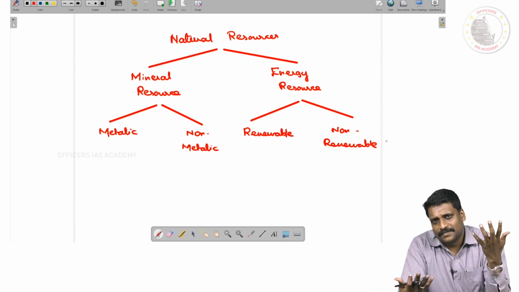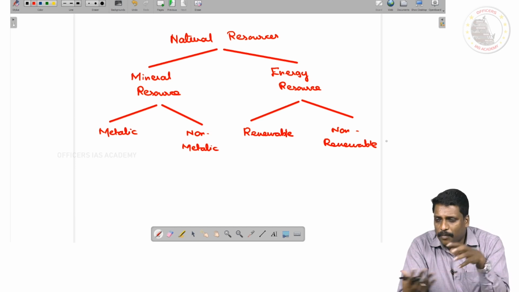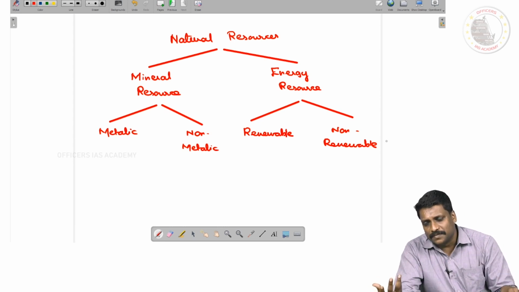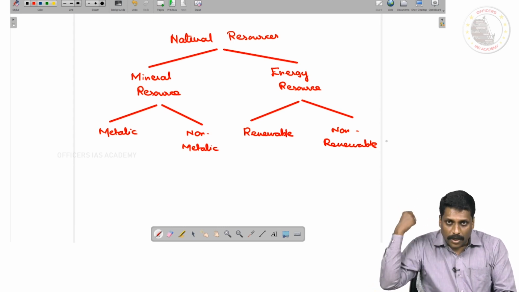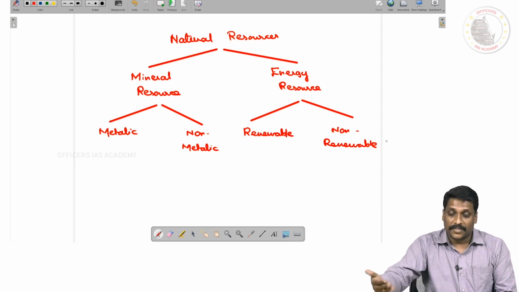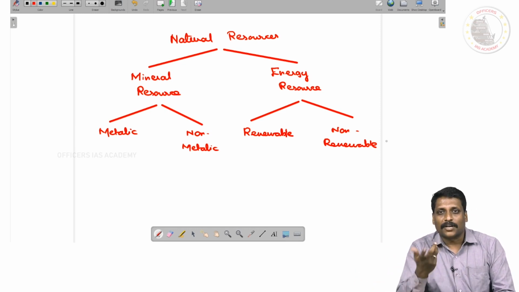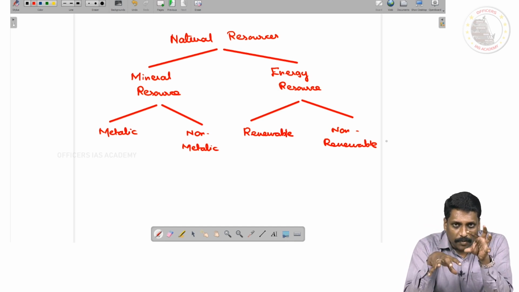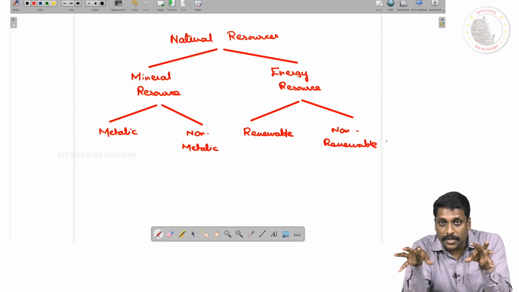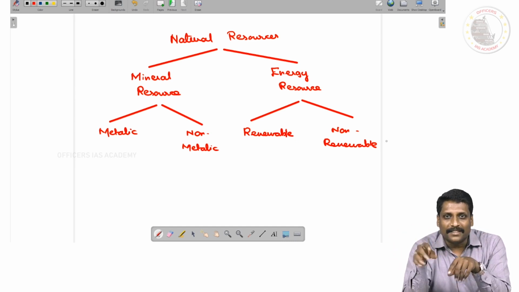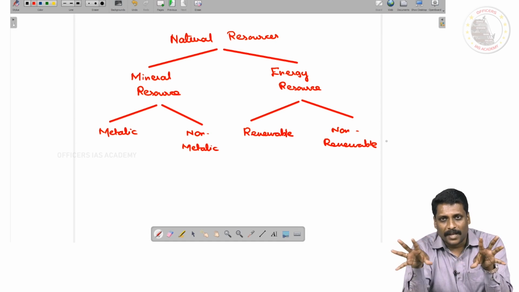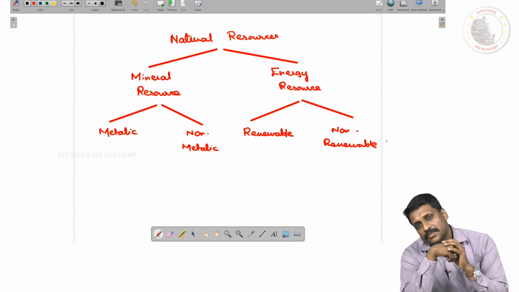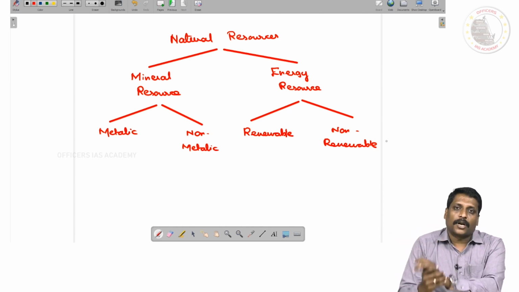What is conventional? The most popular, the common technology, the very old technology we are using, is conventional. Very new technology, the recent technology, or even the old technology which has not penetrated, which has not become so common, you call non-conventional energy resources. But please do mind, most of the time renewable and non-conventional energy resources overlap with each other. That doesn't mean that renewable is non-conventional. No, there is a greater degree of overlapping. Right, sir? So based on the technology-based classification, you call them conventional and non-conventional energy resources.